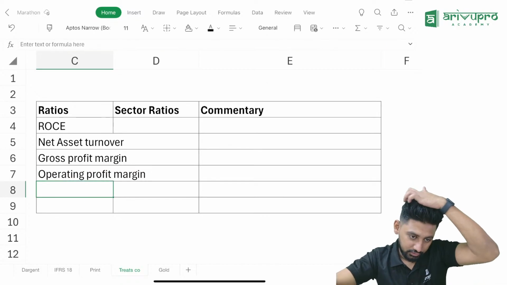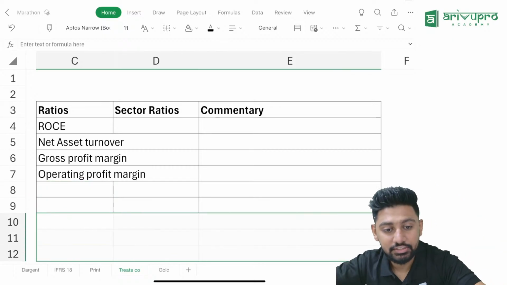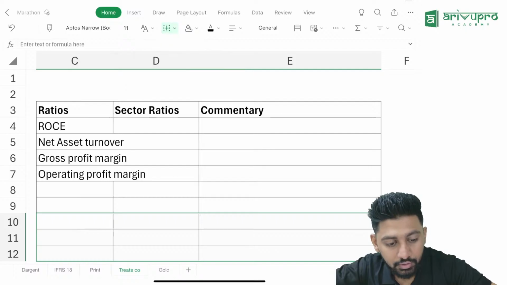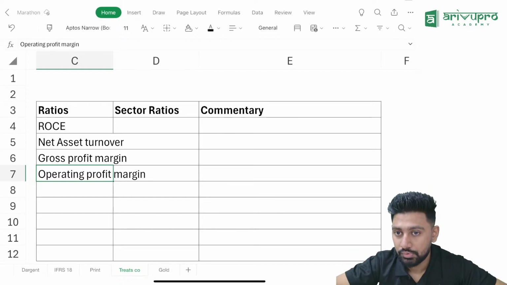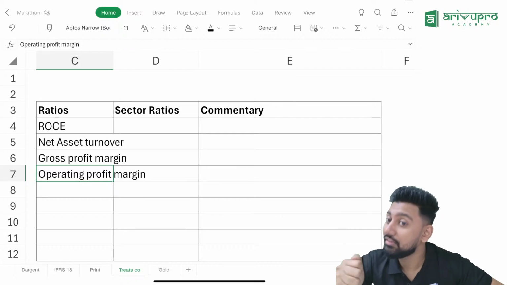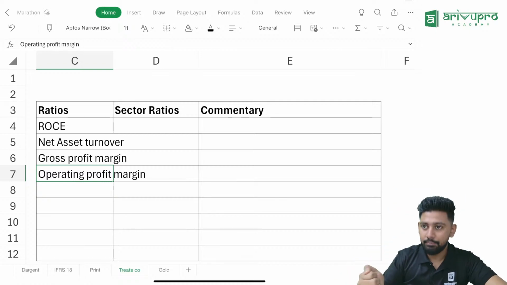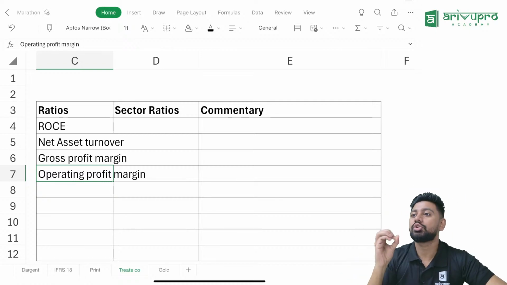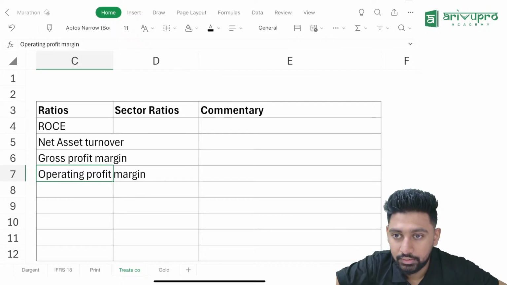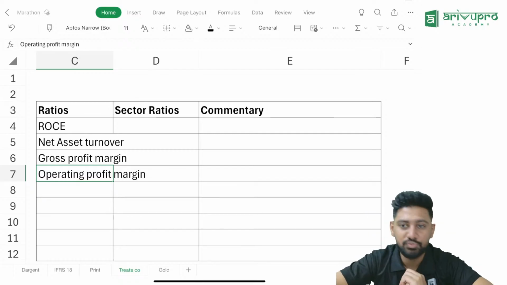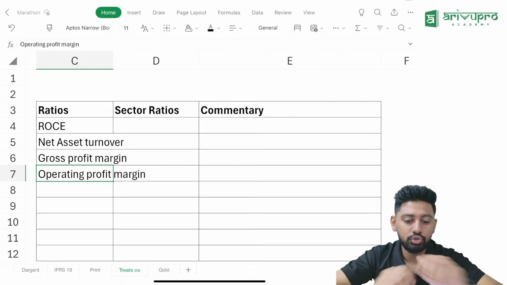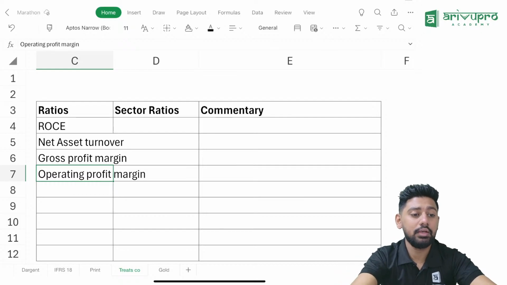Now I have a few concerns here which I believe your examiner will definitely test in this session in terms of operating profit margin. When you take your operating profit margin, you've got to make sure that there is no investment income, number one. Number two, you can have investment income only when your company's core activity is investments. In that case, you can have investment income. If not, you can't have. So I'm expecting this could be a